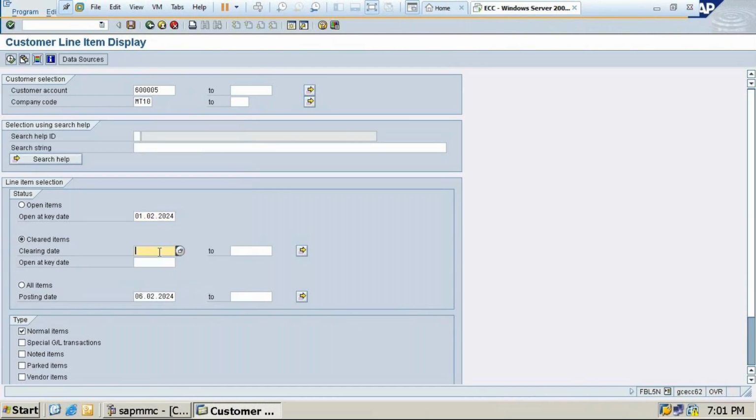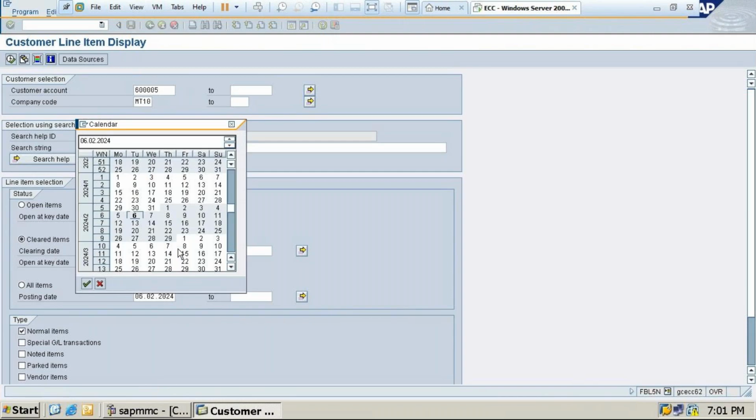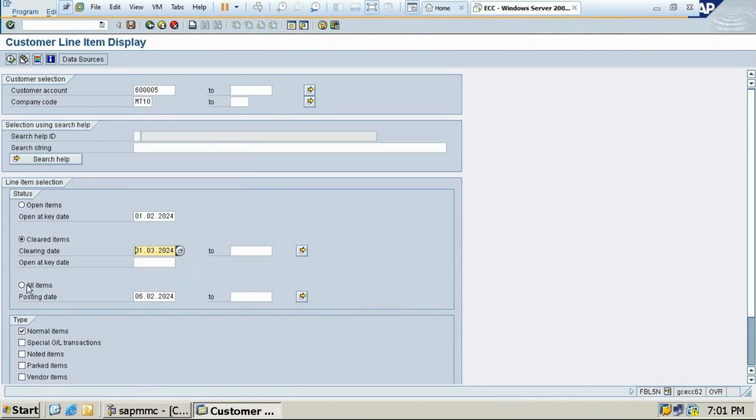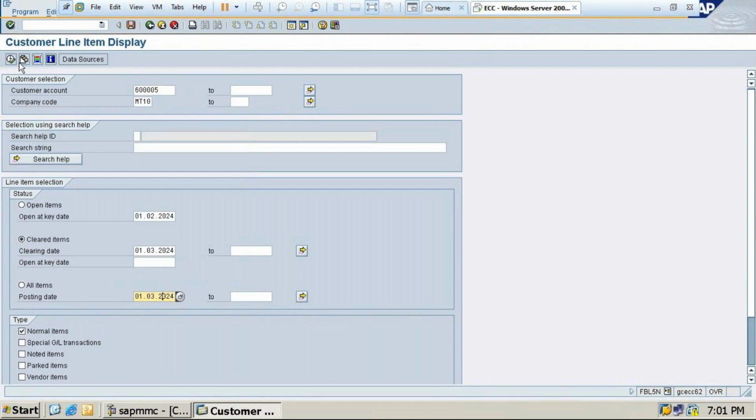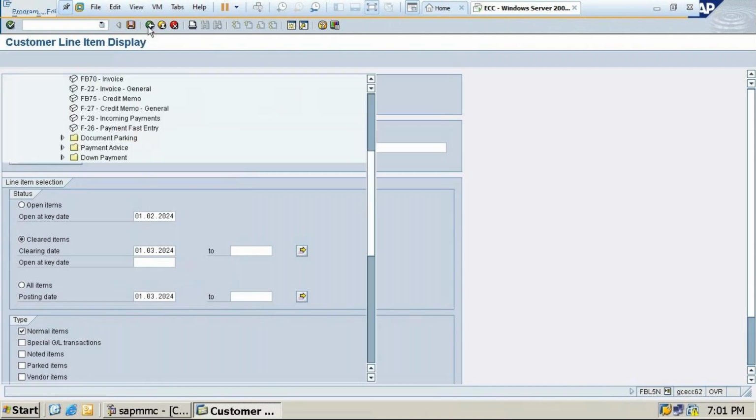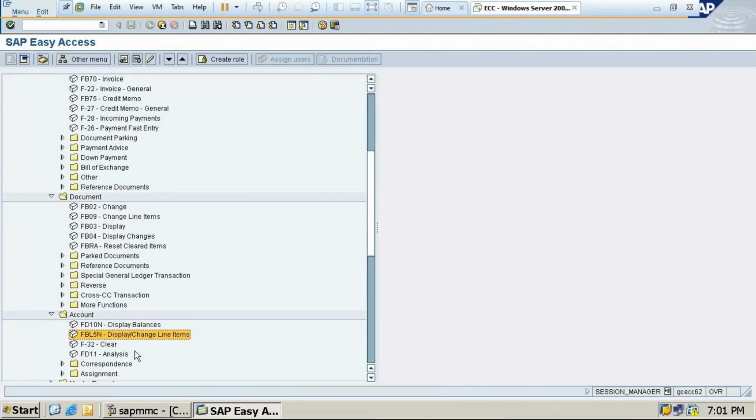So clearing date, if I give this one, okay. Posting date also, if I change it to this one, I have to execute. So no items have been done. Maybe that is what we have not done, so it is not displaying. Okay, so understood this. Now, if I create one more vendor or one more customer, what I'll do here in this case,